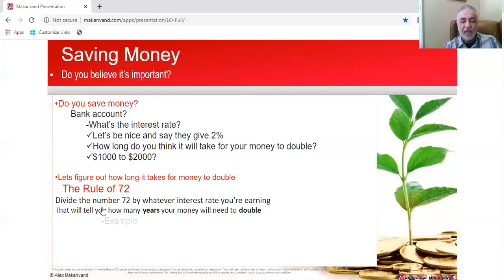So, for example, let's look at the example of the 2%. I'm going to go back, this is part of my presentation. So John and Mary, at 2%, if you take 72 divided by 2, what are you going to get? You're going to get 36, right? So that's how I came up with the 36 years. Now watch, it works with other interest rates as well. If you're getting 6% on your money, you take 72 divided by 6, and you're going to see that your money doubles every 12 years. And if you're getting 12% on your money, it'll be 6 years.